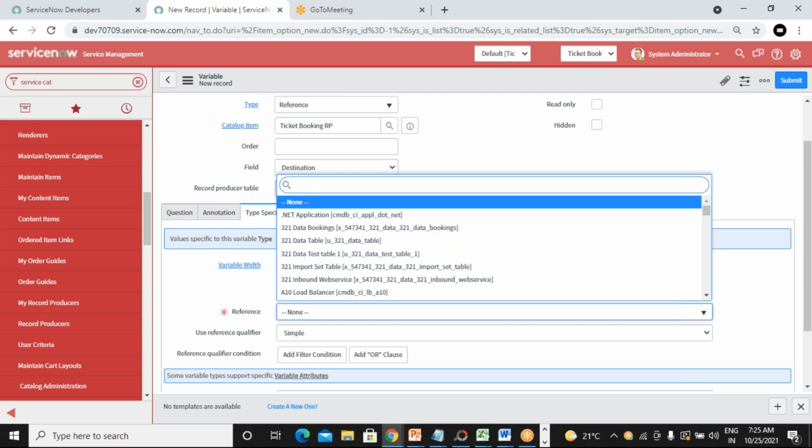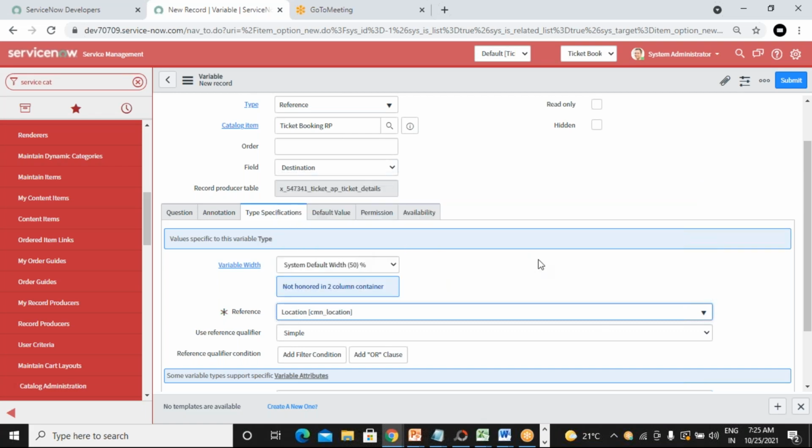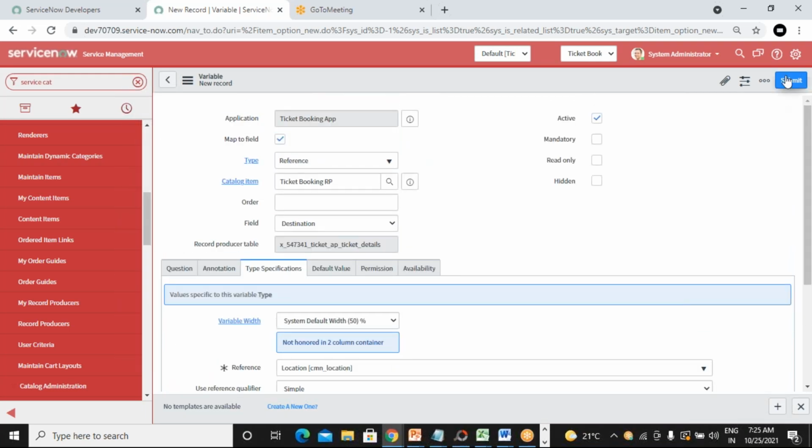So here you can select location and submit it.